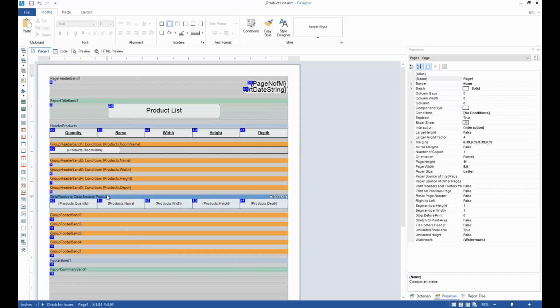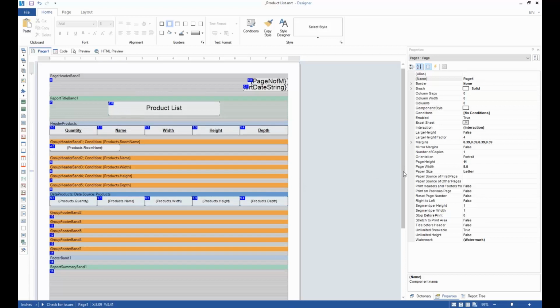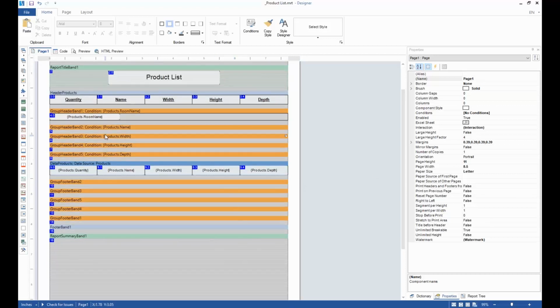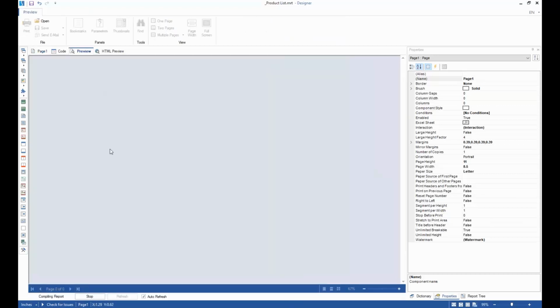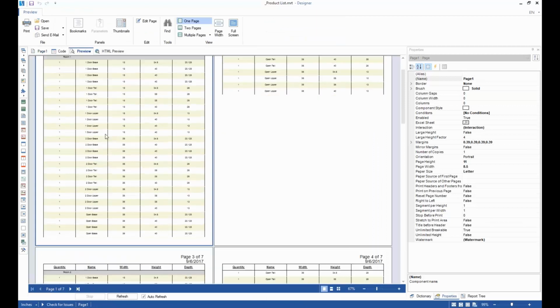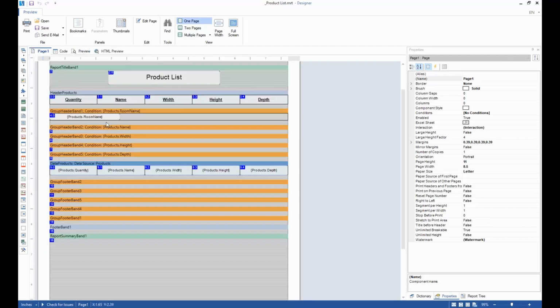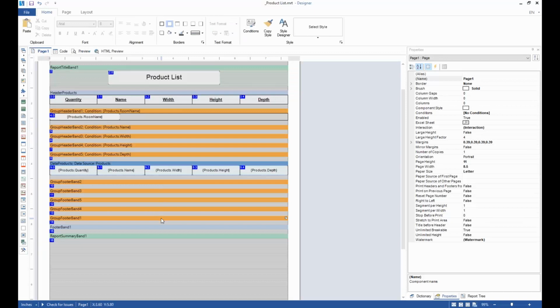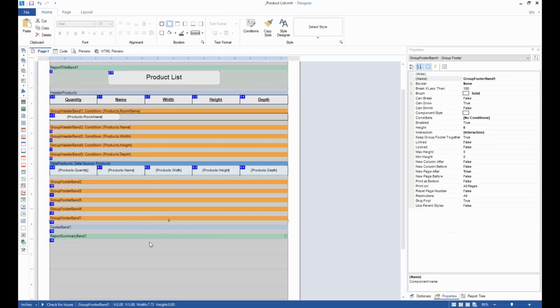Oh, and one other thing I wanted to show you pretty quickly here is how to do a sum before we move on to consolidating information. So let's look at the report, see what we got again. So we have it separated by room. So maybe what we want to do, instead of having to count each row that's in here, is have a sum of our products per room at the end here. So what we can do is go down to the group footer that we want it to display at. So again, we want it to display at the,